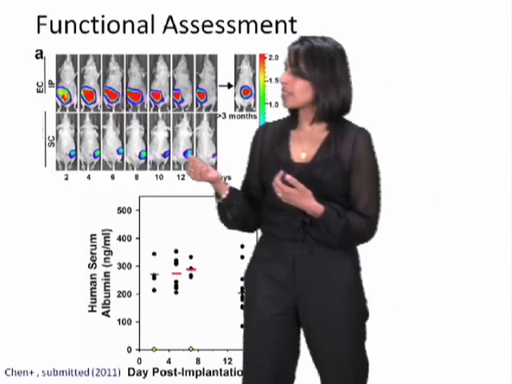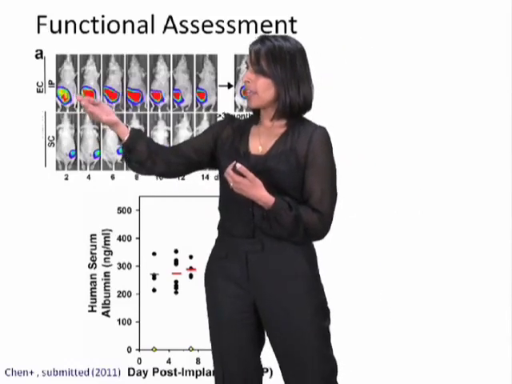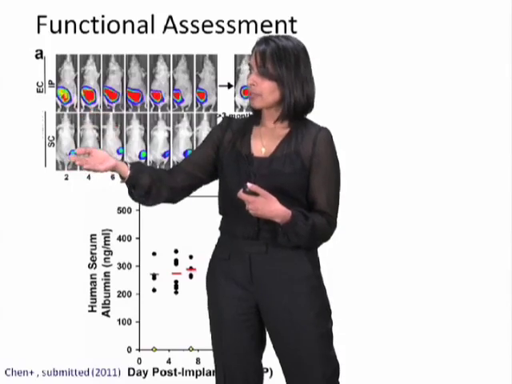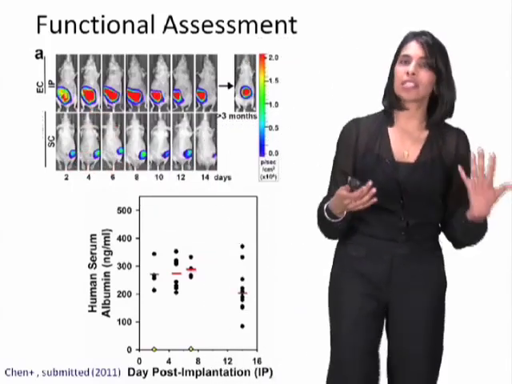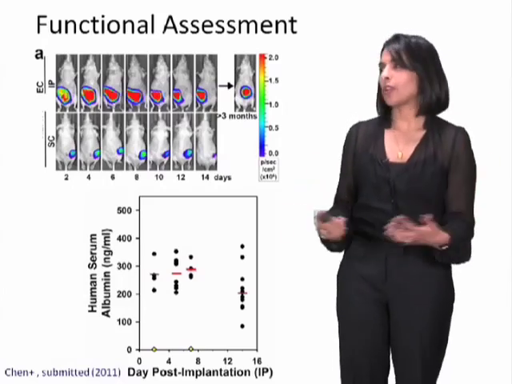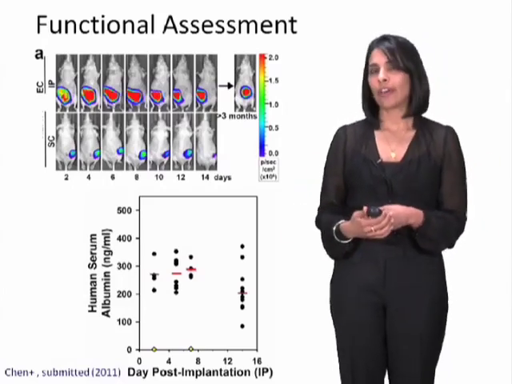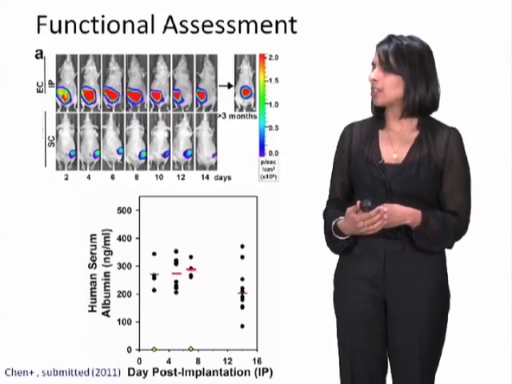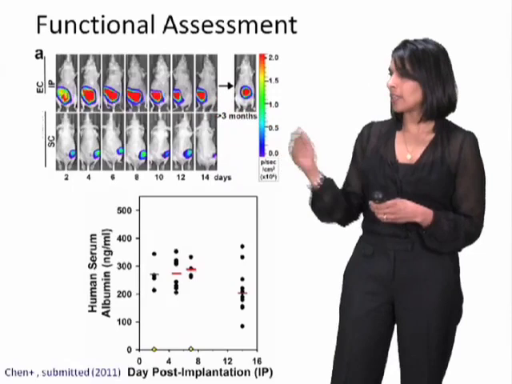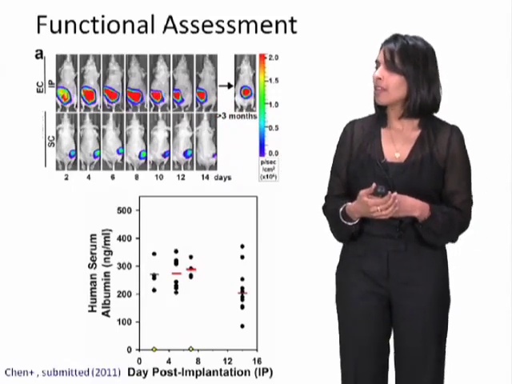And here what we've done is implant these tissues in the intraperitoneal space, the abdomen of the animal, or in the subcutaneous space. So we're looking at different sites of implantation. And then we look for light generation by this tissue as a marker of how it's doing over time. You can see in these experiments, these tissues survive in the intraperitoneal space for up to 3 months by this